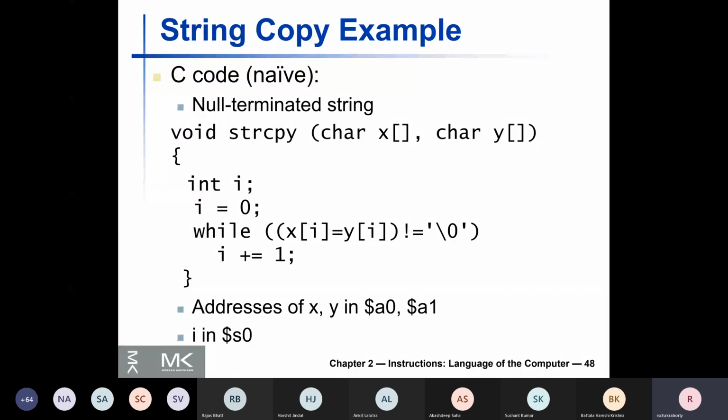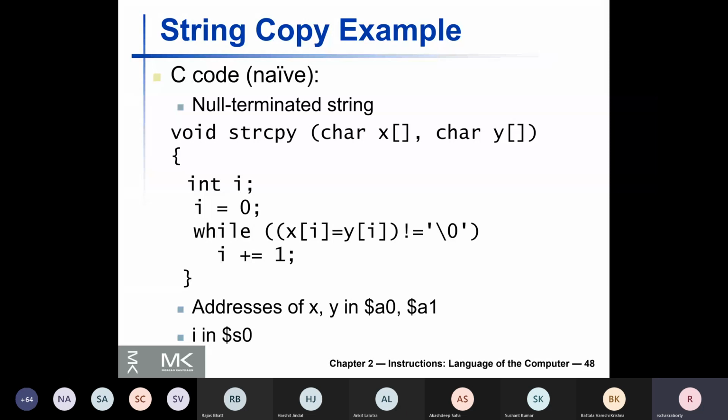Essentially, I want to copy the contents of a character array Y into a character array X. So X is the destination, Y is the source. Very, very simple logic.